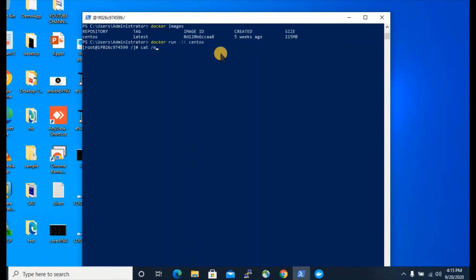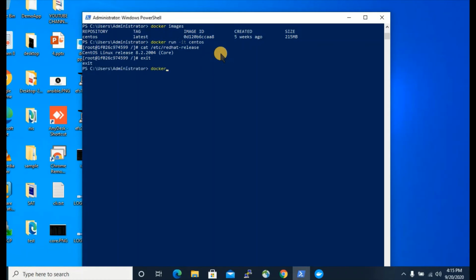This is the command to get the release of the CentOS version. Yes, you see 8.2. This is the latest version we are using in the container. If you want to exit from here, just type exit.